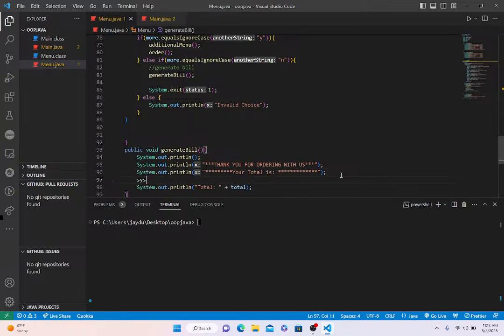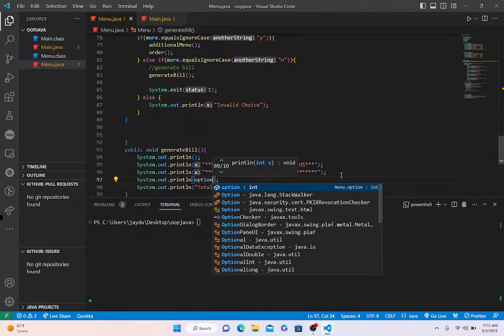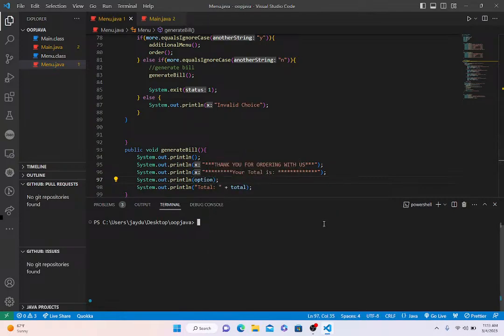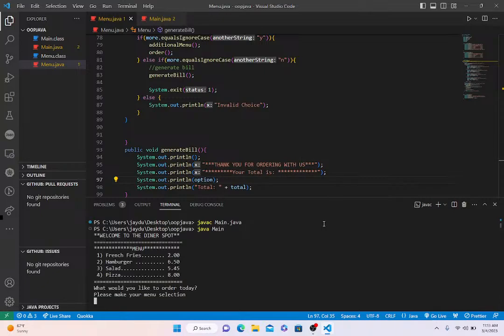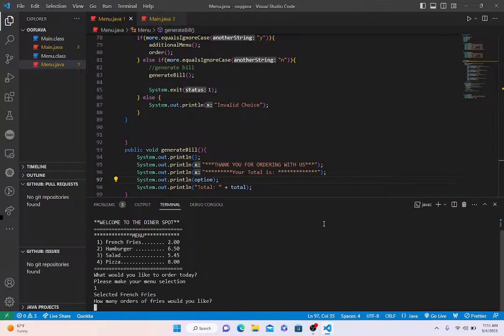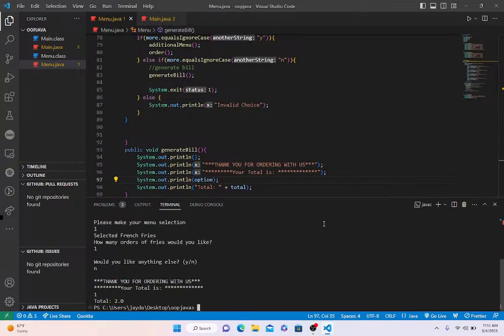Let's go system out, and let's go option. Java C, Java. Let's go 1. How many would you like? Let's go 1. Anything else? No. It gives me the number, but it doesn't give me the